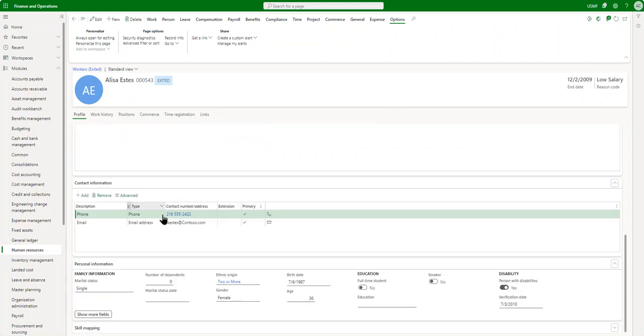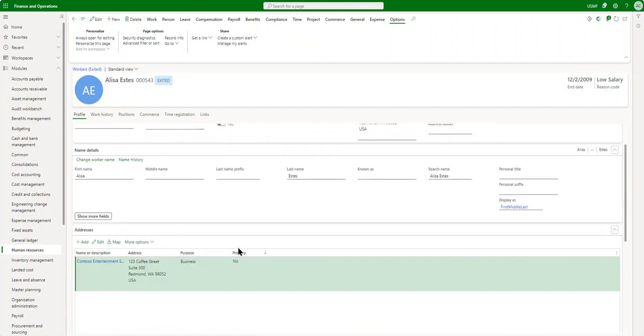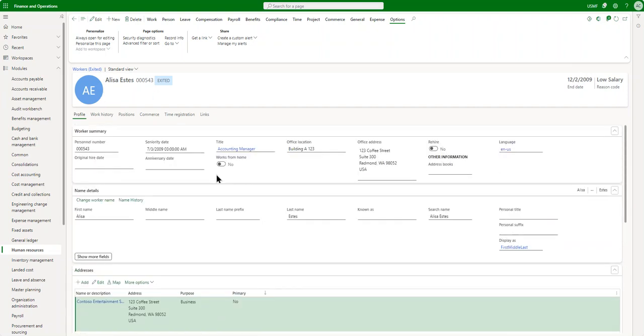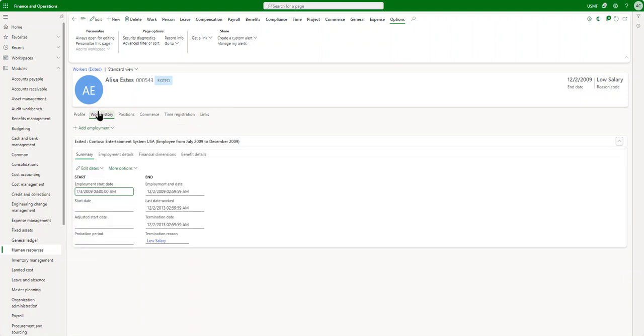Everything else remains the same, so it is still a record, and this record can be activated once Alyssa decides to come back to the company. So this record would not get deleted whatsoever, and you can't really delete it because it probably has transactions against it. Going into work history, for instance, will give you a glimpse of what might have happened, like in terms